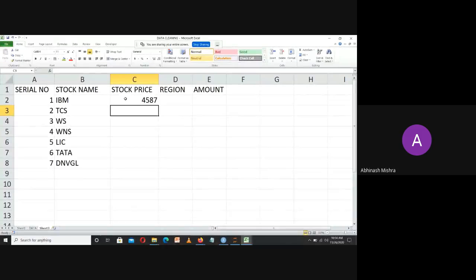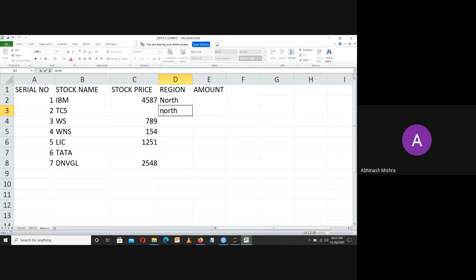Now what happened during the data entry or data feeding part? Some of the data operators missed out a point, and this is a very critical scenario. When they were entering the region, they entered this as north, not in this form.